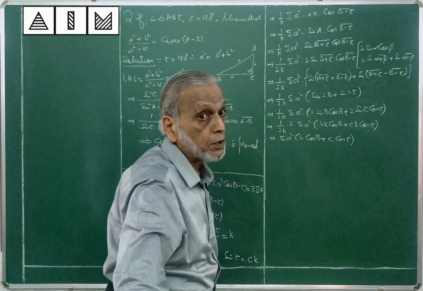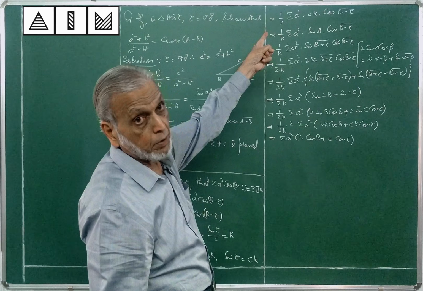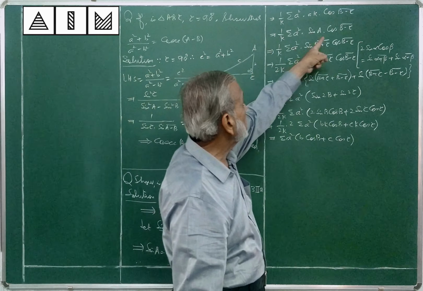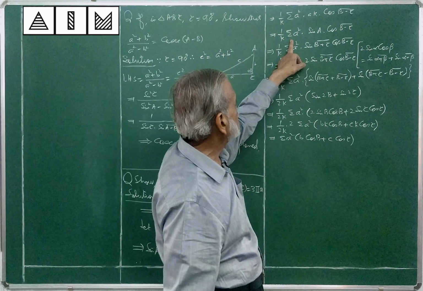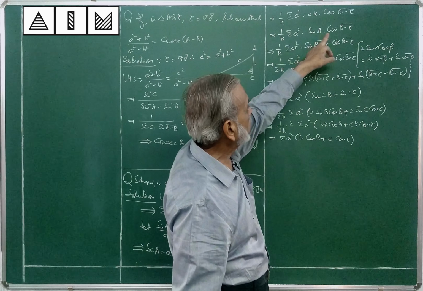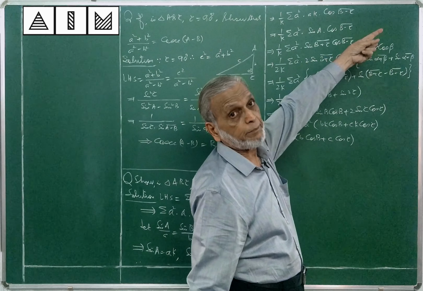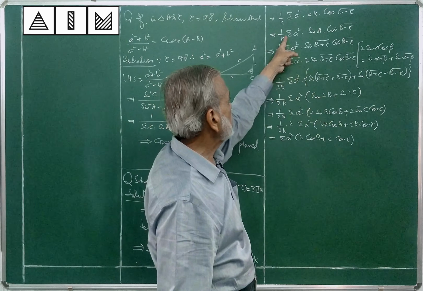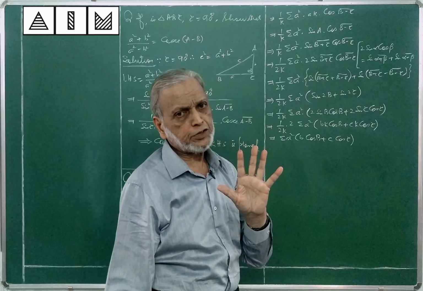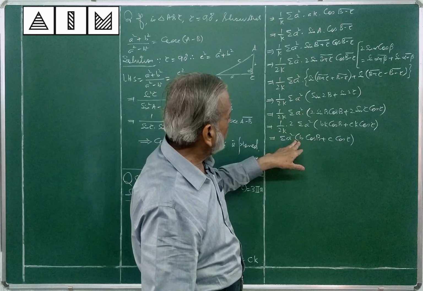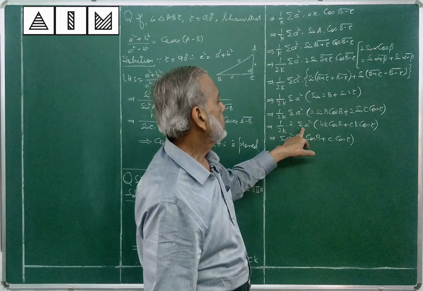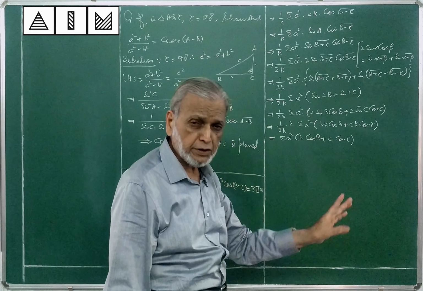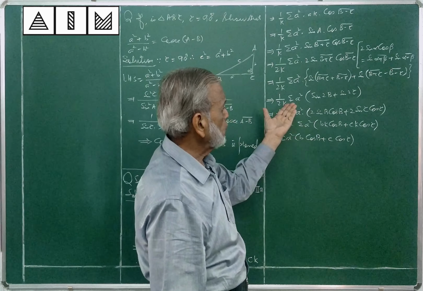Please notice, we have not removed sigma till now. Otherwise, you may have to write the whole thing twice again. 1 by a sigma a square, again a square sin A cos (B minus C). You have to write b square sin B, or again c square sin C. It will be very lengthy. Make full utilization of sigma, and till now we have not disturbed sigma. Because of sigma only we have been able to save so much of time, not space, time. Space you can write here, no problem.